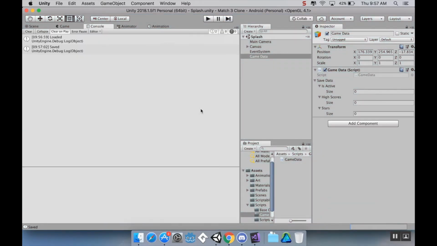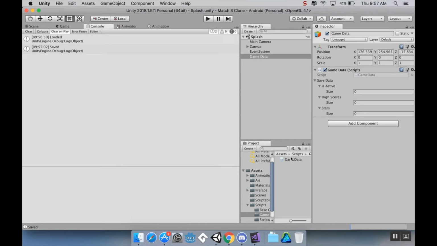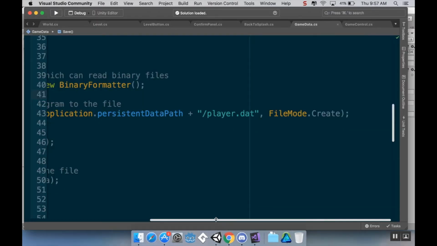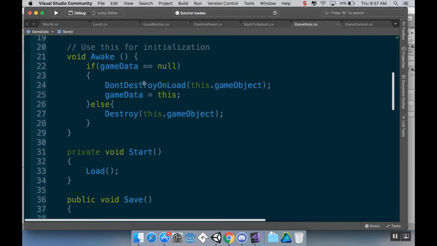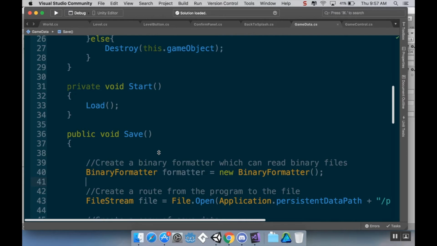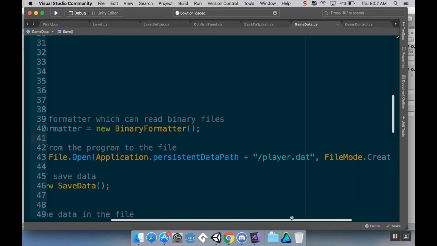There is something that was pointed out in the comments last time that I made a mistake on, and that is in the GameData script. So if you want to open that up really quickly here. In the GameData script, down here in the save method, this should be FileStream file equals File.Open(Application.persistentDataPath + "/" and whatever you want to call your file. I did player.dat, but you can do hot.dog or whatever,